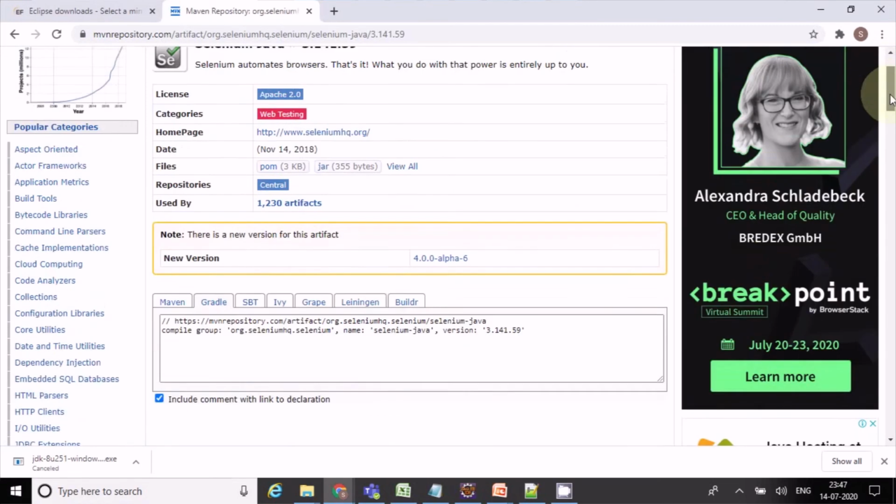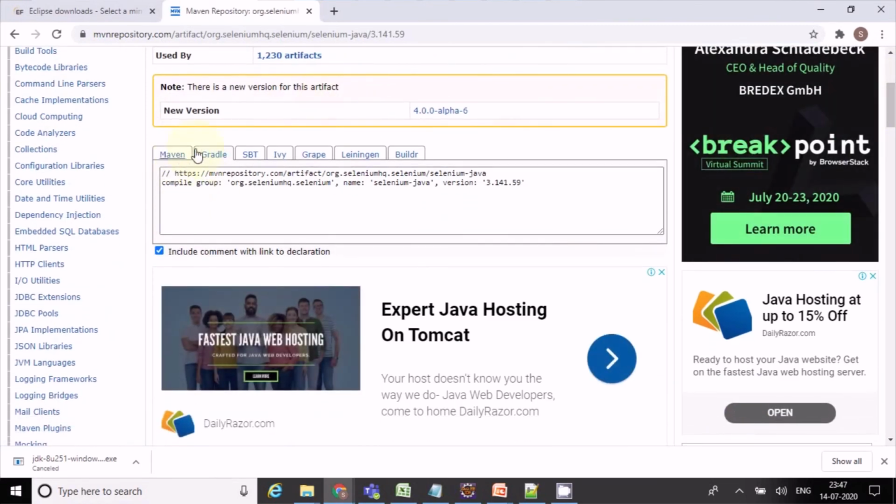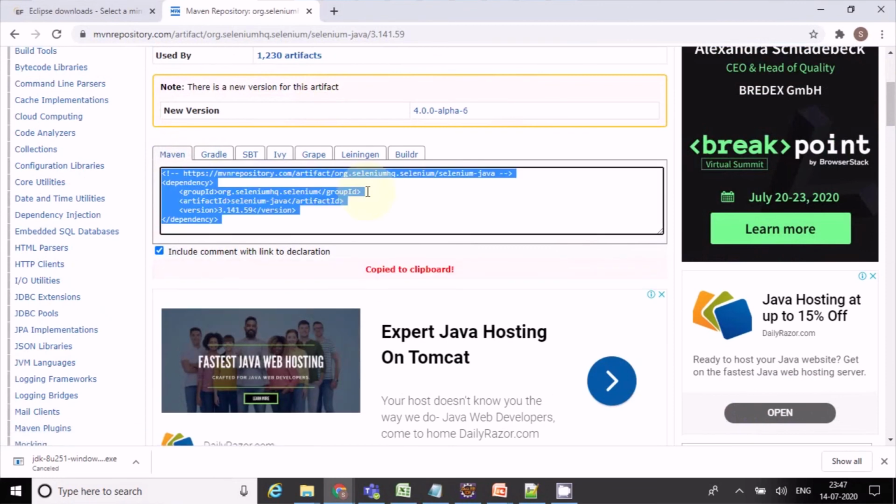Then we are going to see these different structures. What is Maven, what is Gradle, we're going to discuss later. These are all project management tools.